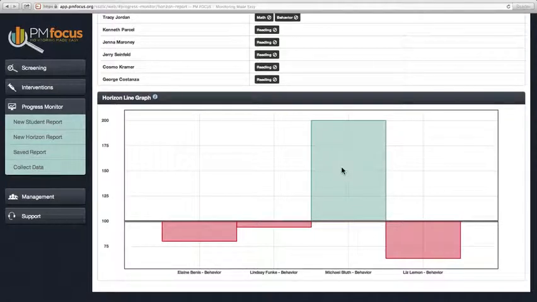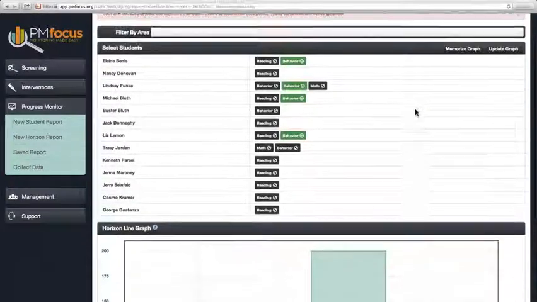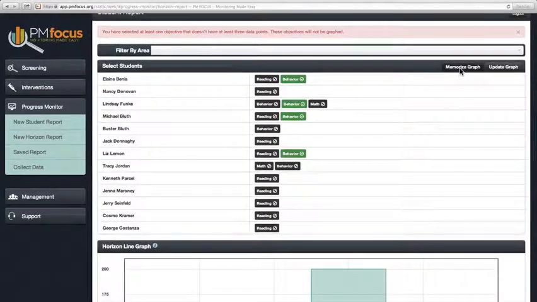So Michael Bluth in this behavior area is progressing at a rate twice, or 200%, the growth rate that I had set up. If they're responding at a rate lower than or slower than that desired rate, it's going to be red, and the larger that red column is, the worse off, or the slower the rate of progress is for the student. I can save this chart as well by selecting Memorize Graph, and that will save it in the Saved Report